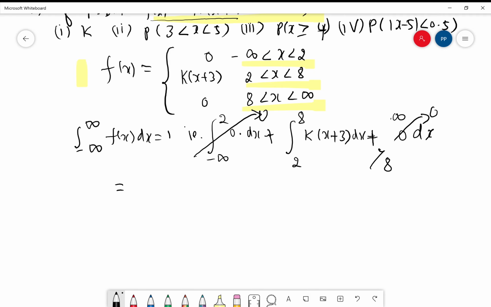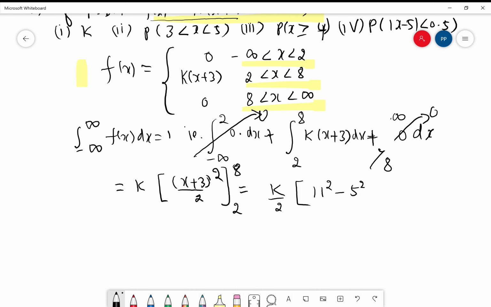There, k is the constant, take it outside. Integrate x plus 3. You can integrate in two ways. Simple as this: (x plus 3) whole square by 2. Or you can integrate term by term. What are the limits? 2 and 8. So you are getting k by 2 into, if you put x equals 8, you are getting 8 plus 3, 11 square, minus, put x equals 2,